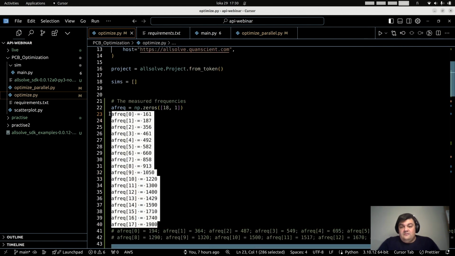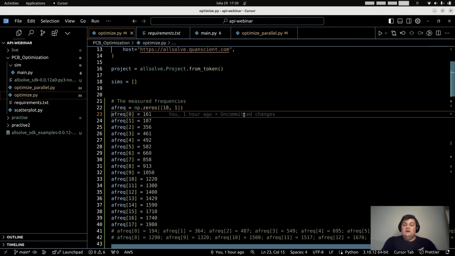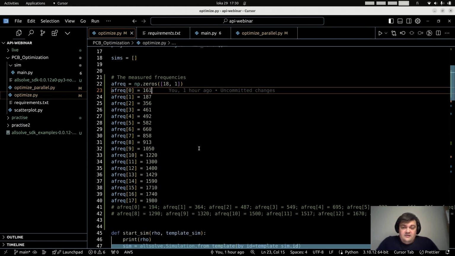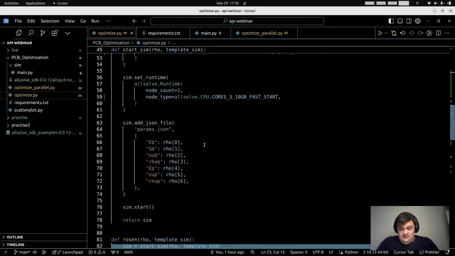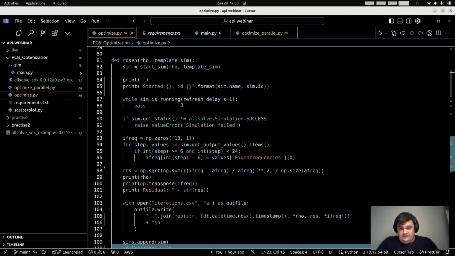Then we have the measured frequencies from the Lee paper. And the reason we have them here is, of course, that then we have our objective function for the